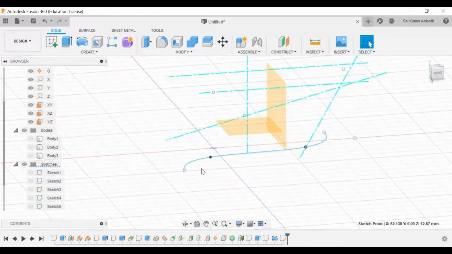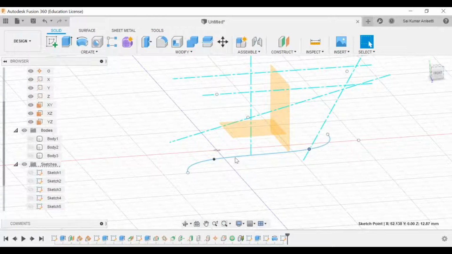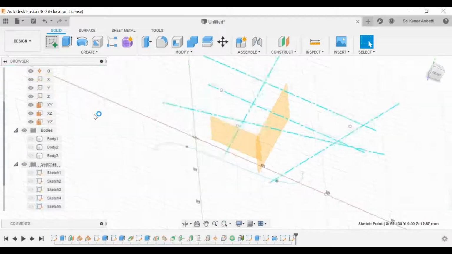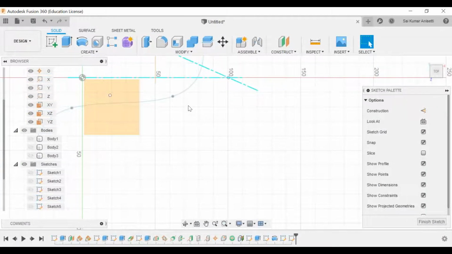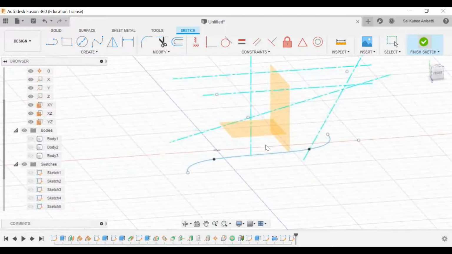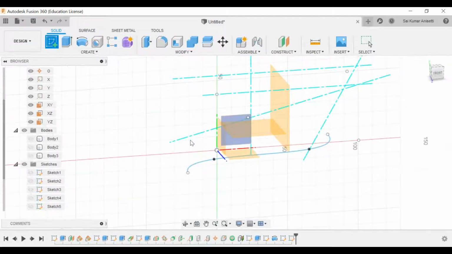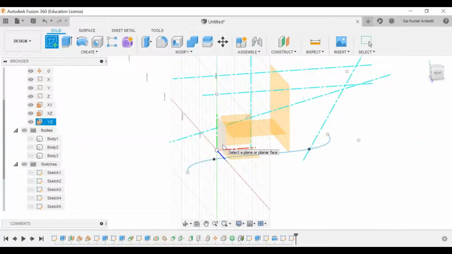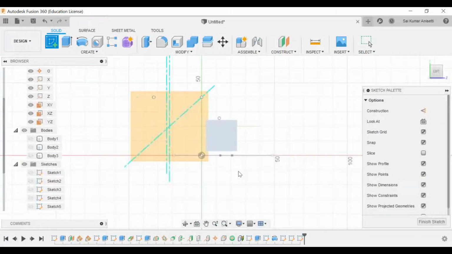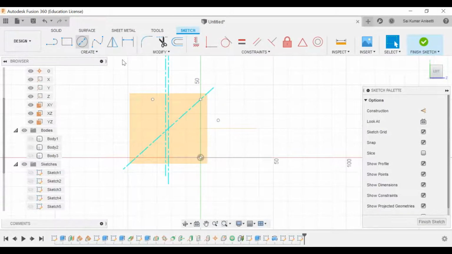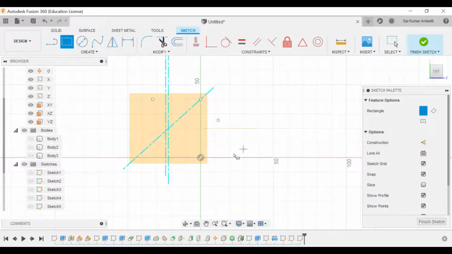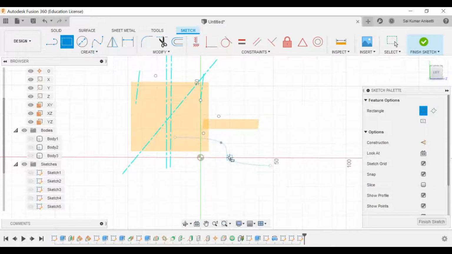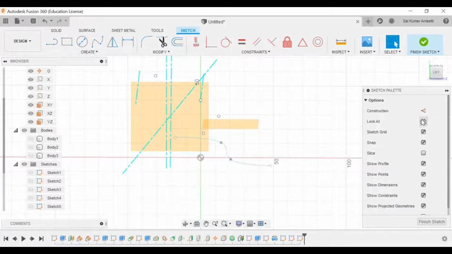Now this is your simple spline, and to this I need a perpendicular sketch. I'll go to create sketch. I need a profile which is perpendicular to this one. So what is the perpendicular plane for this given path? This is the perpendicular plane. On this perpendicular plane I'll draw a circle, or you can draw any given profile, it is not limited to that. Let me go with a center rectangle.